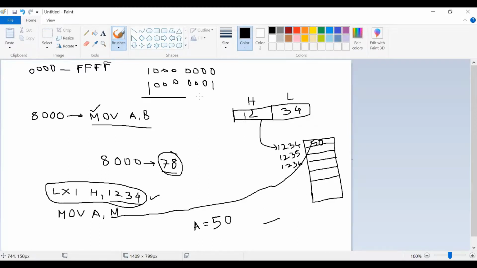So if you add them, what will be your result? 0 plus 1 is 1, 0 plus 0 is 0, 0 plus 0 is 0, 0 plus 0 is 0, 0 plus 0 is 0, here also 0, this one is also 0, but 1 plus 1 is 1 0.